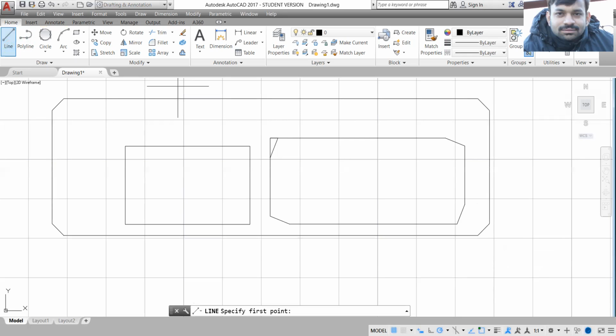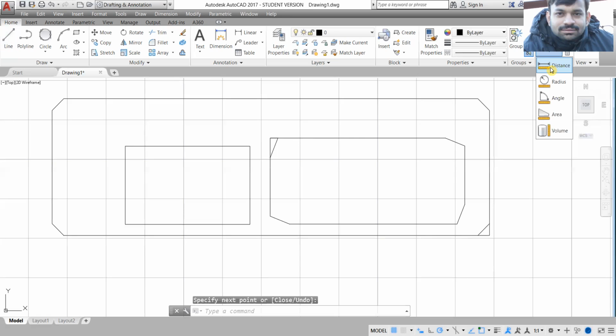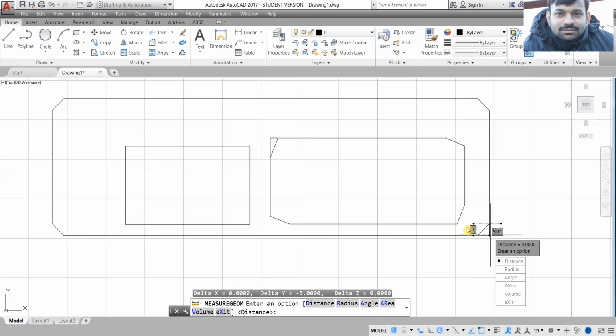Let me show you by drawing a line and measuring. The distance between this endpoint and this endpoint is 3. Again I'll measure the distance between this endpoint and this endpoint.